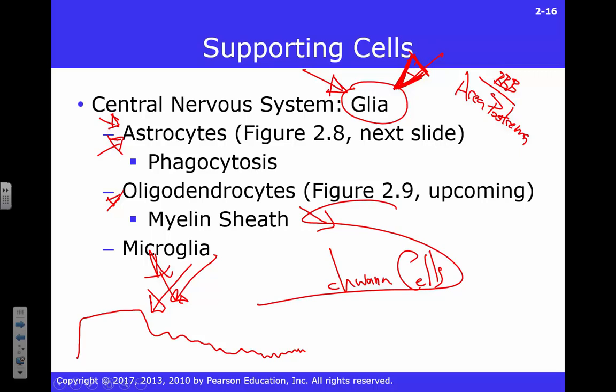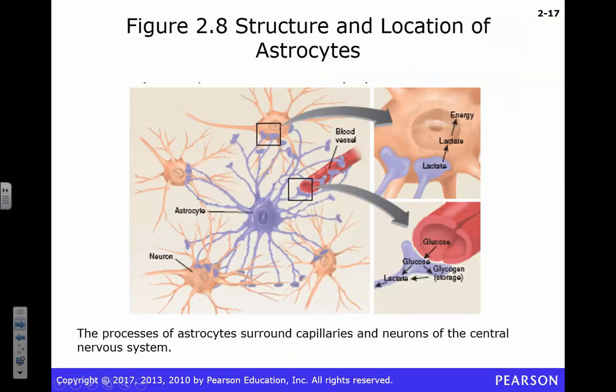All right, let's talk about astrocytes a little bit. They're called astrocytes because they look like a star. Basically, they help reach out to the blood cells. They bring in some nutrients, right? Glucose in particular is awesome. How many of you love glucose? Everybody does, right? Your brain runs exclusively on glucose.